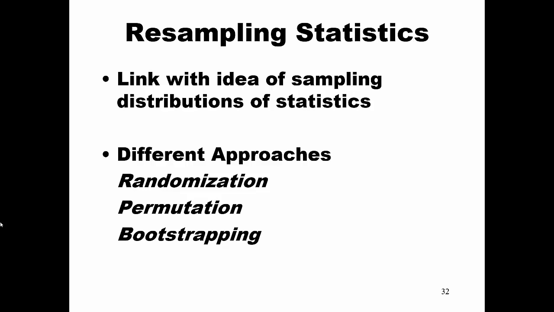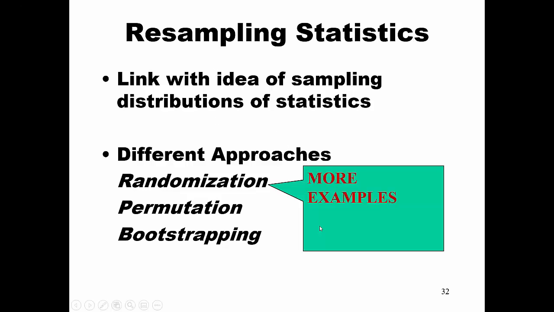Hello, so this is our next lecture section on resampling statistics. This section here will provide another example or two of randomization approaches. We've seen one in a previous screencast. So in example number 2, we have a one-way between subjects design, and there are 4 groups, arbitrarily labeled 1,